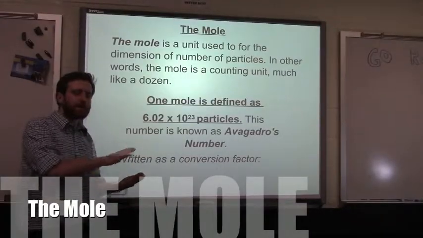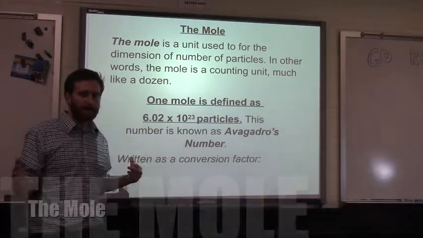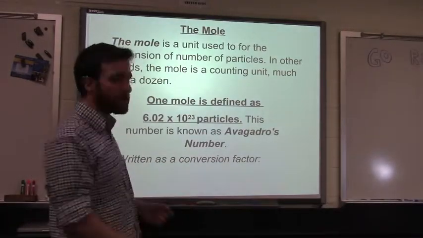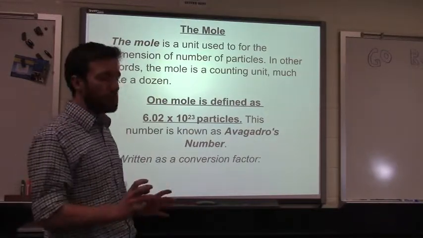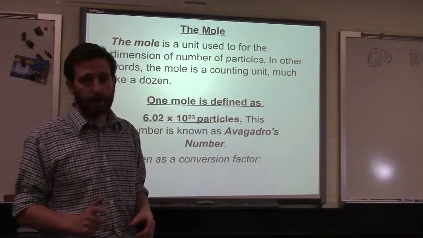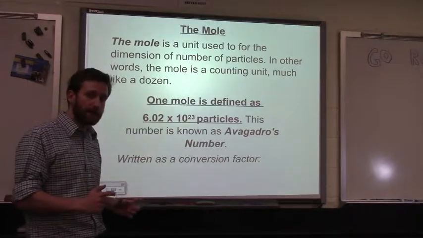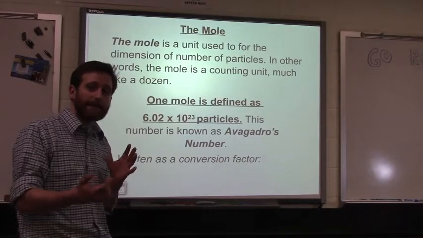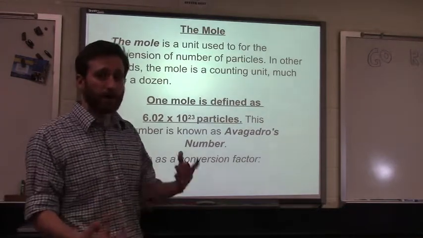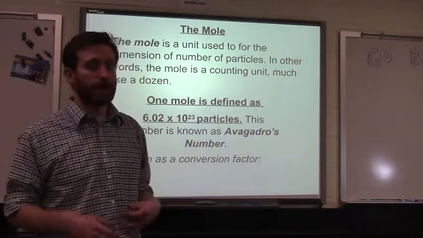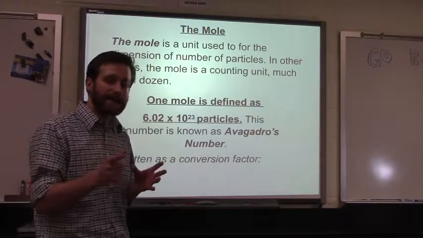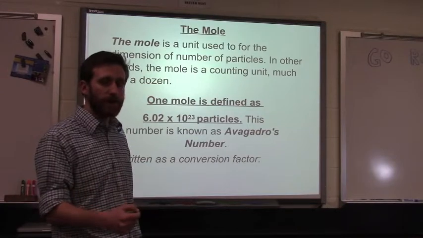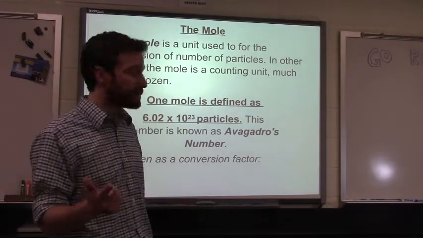So this brings us to one of the more challenging concepts of this lecture, and that concept is the mole. The mole is very, very important to chemists, and the mole is used as a counting unit. So the mole is a unit that's used to count things. What do chemists like to count? Well, they like to count particles, be them atoms or molecules, protons, neutrons, ions, what have you. They like to count particles. So the two most common things they'll count will be atoms and molecules.